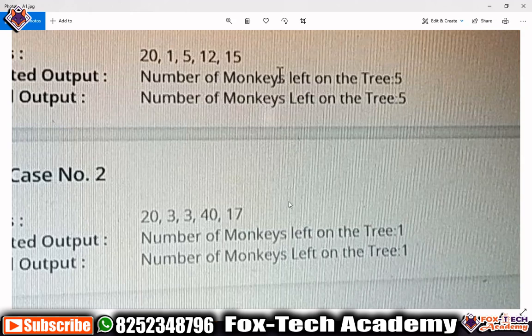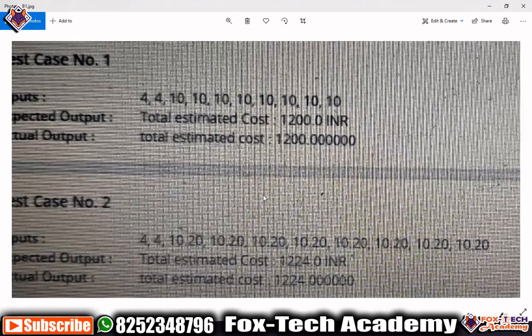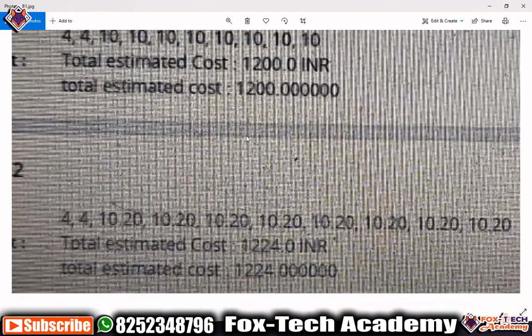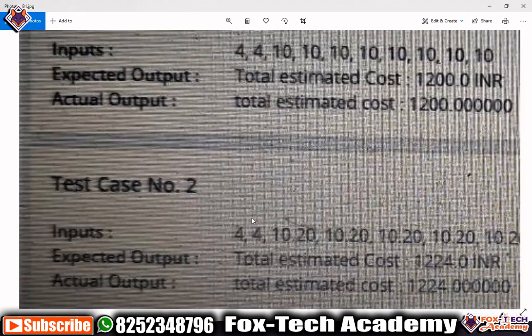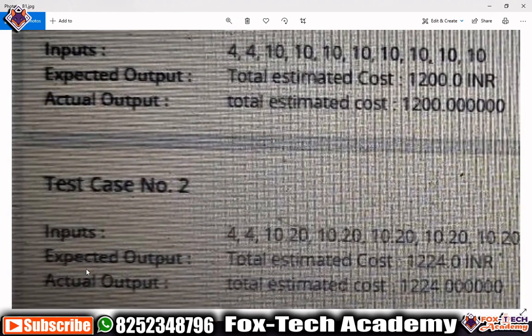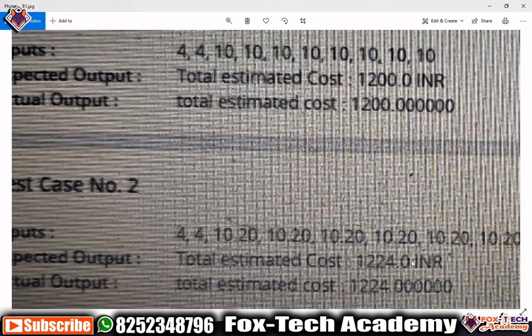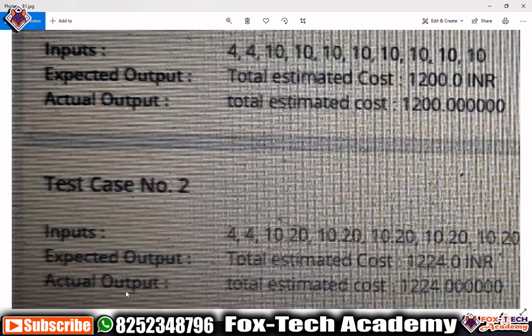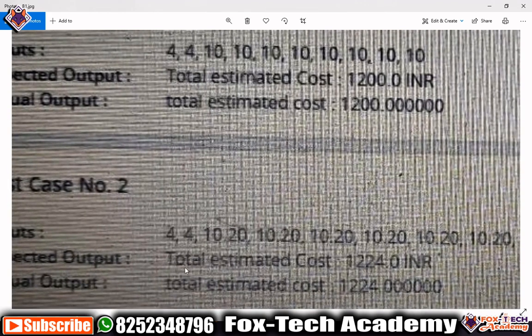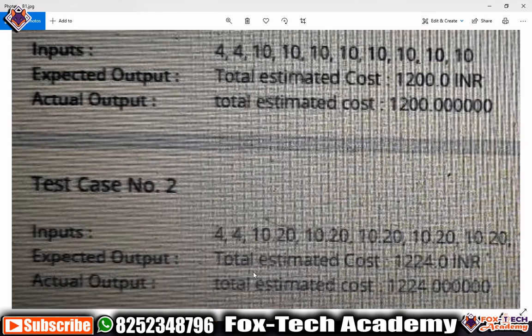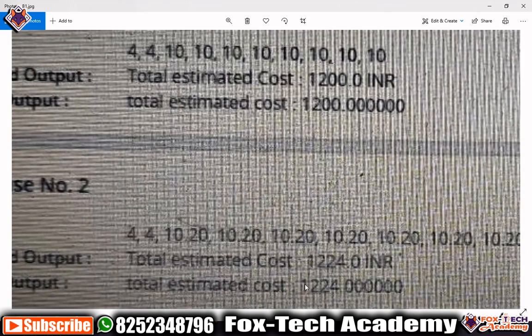So let's discuss another problem. If you see, this problem also has the same issue. You can see this is the input, but the expected output is like this one, while our program is going to generate output like this. You can see there is a little difference between these two. In the expected output they mention a capital T and a capital C in Cost, but our output is giving a small t and a small c. That's why it is not passing the test case.